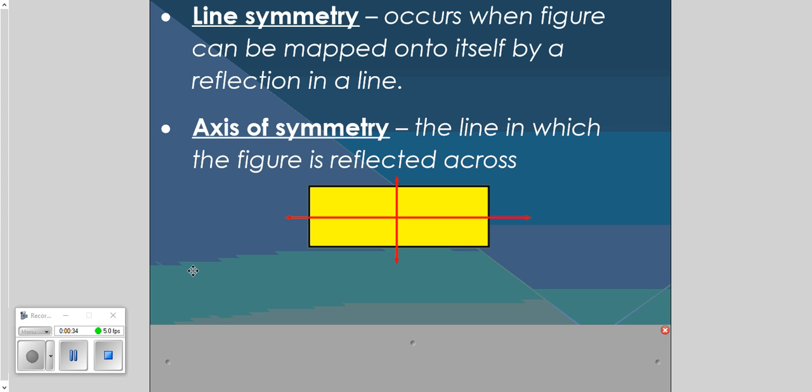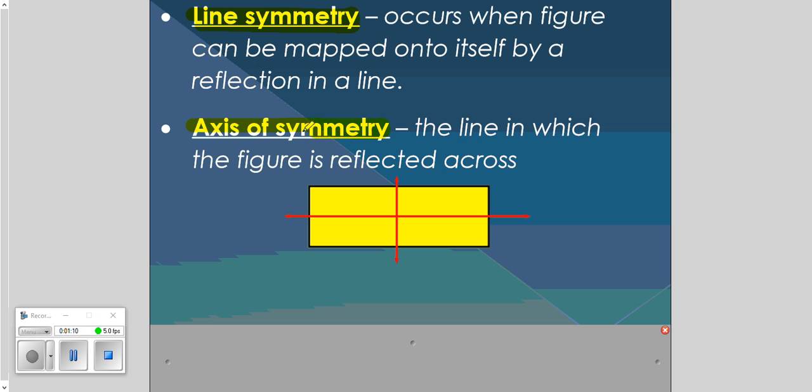So I'd like you to draw that rectangle. And this rectangle would have two axes of symmetry, one that's going to run horizontally, and then another that'll run vertically. Either of those would split the rectangle into two congruent parts, so they would be considered axes of symmetry. As long as there's one axis of symmetry that would split the shape into two congruent halves, it's considered to have line symmetry. So line symmetry, again, you can map it onto itself